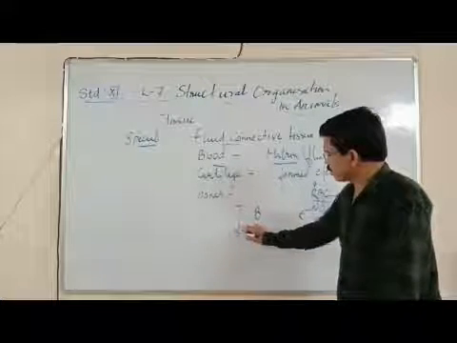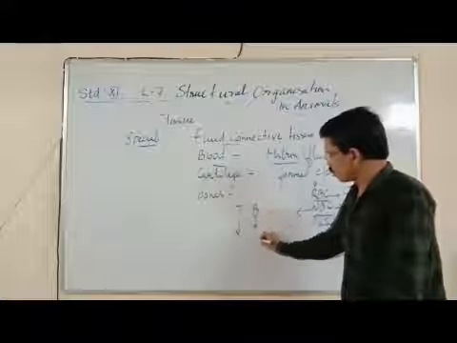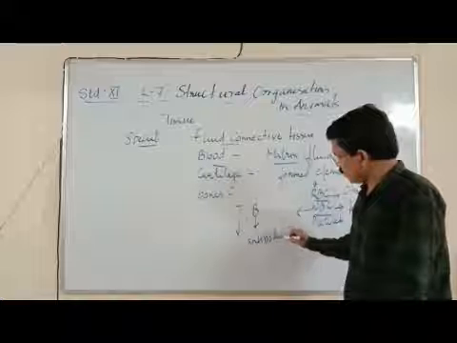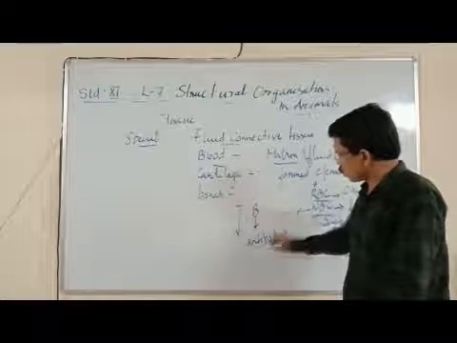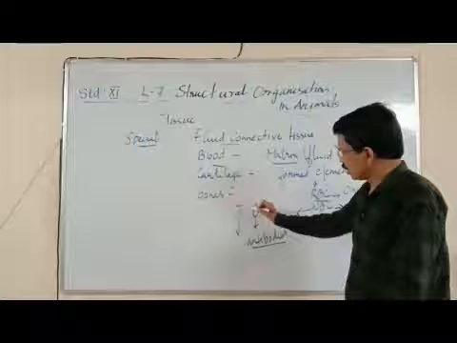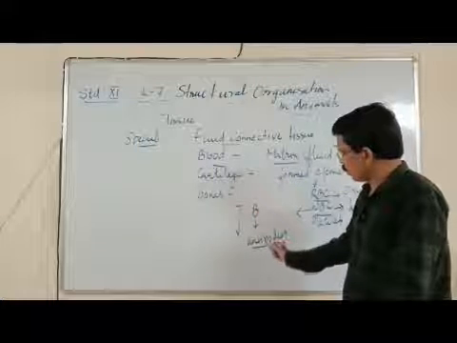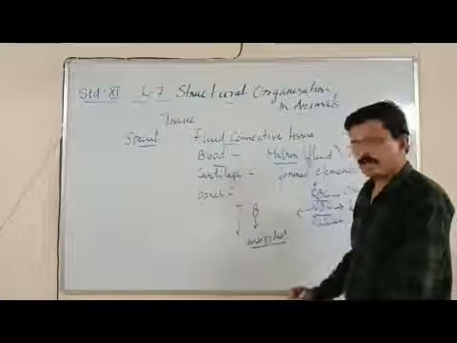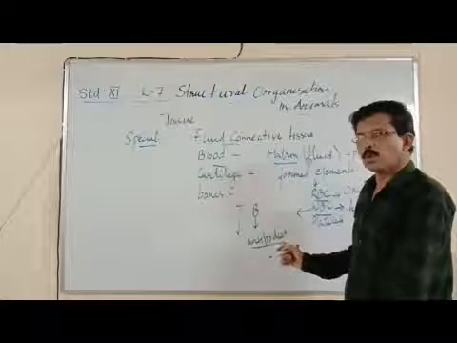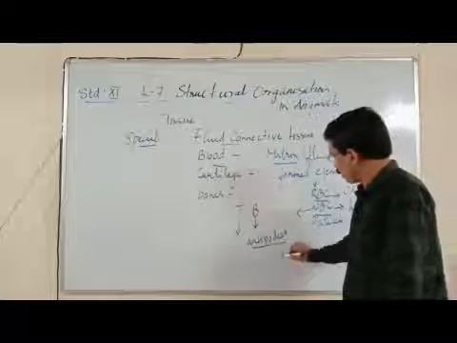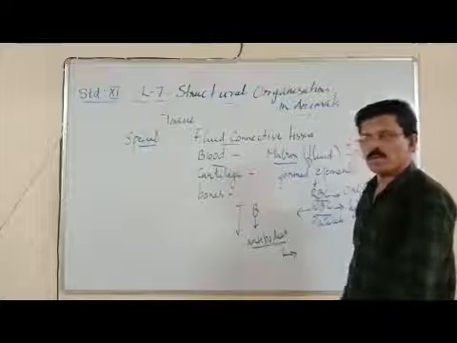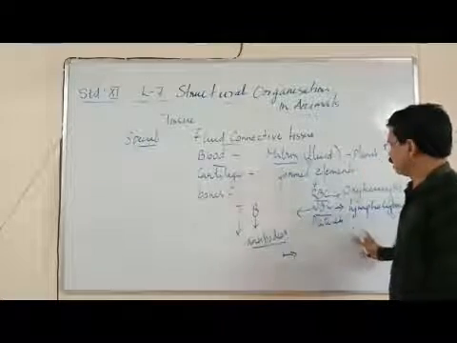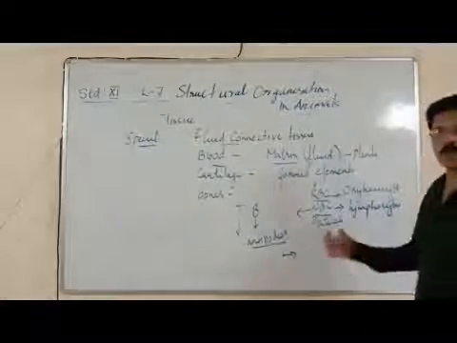T lymphocytes induce B lymphocytes to produce antibodies. Without the T lymphocytes, B lymphocytes cannot produce antibodies. So it is T lymphocytes that give information to B lymphocytes to produce antibodies. Antibodies provide immunity or immune resistance against pathogens. In short, we can say WBC provide resistance to our body.